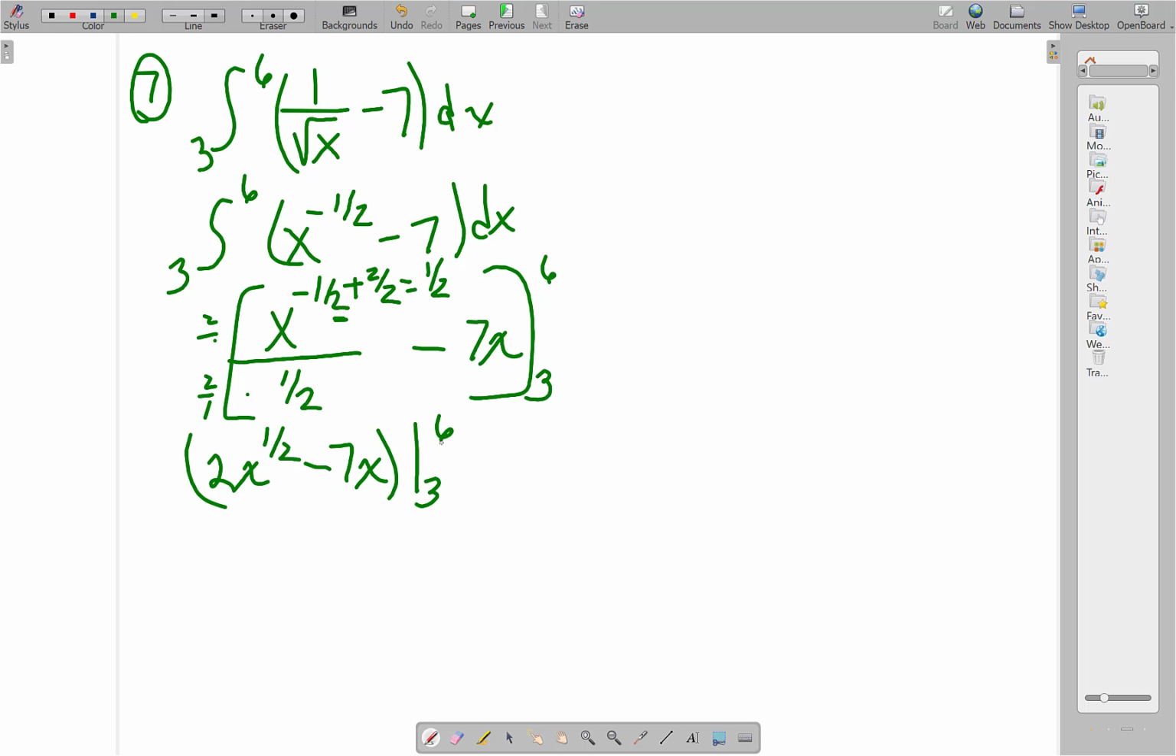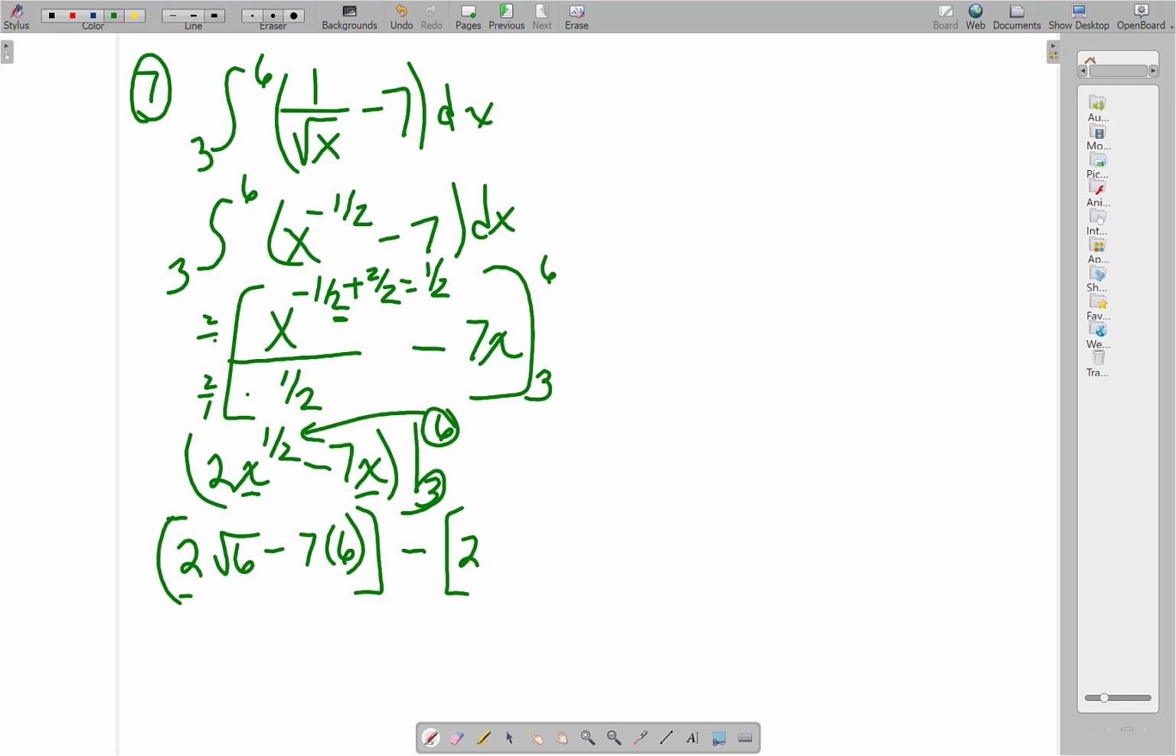So let's start with 6. Substitute your 6 in wherever there's an x in both of these. That would give us 2. Remember, 1/2 is the square root, so the square root of 6, minus 7 times 6, minus, let's substitute the 3 in wherever there's an x, 2 square root of 3 minus 7 times 3,